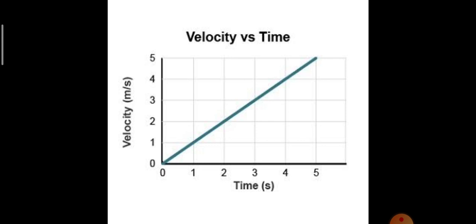So if you take the slope, then you will be getting AB divided by OB. Is it? AB divided by OB is the slope, that is V2 minus V1 divided by T2 minus T1. V2 minus V1 we can write as delta V, and T2 minus T1 we can write as delta T. So what is the acceleration? Delta V by delta T is the acceleration. And how can we calculate the magnitude of displacement? It is equal to half into (T2 minus T1) into (V2 minus V1). Clear?